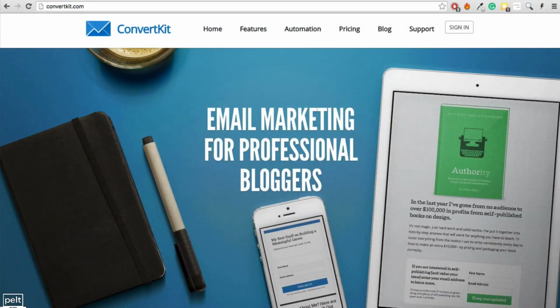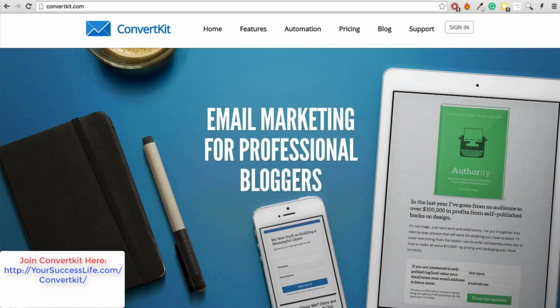ConvertKit is the shiny new toy in the email marketing space, boasting a beautiful user interface as well as some automation features that make it more advanced than things like Aweber and MailChimp, but at the same price. ConvertKit is being looked at by a lot of email marketers, a lot of internet marketers, and even a lot